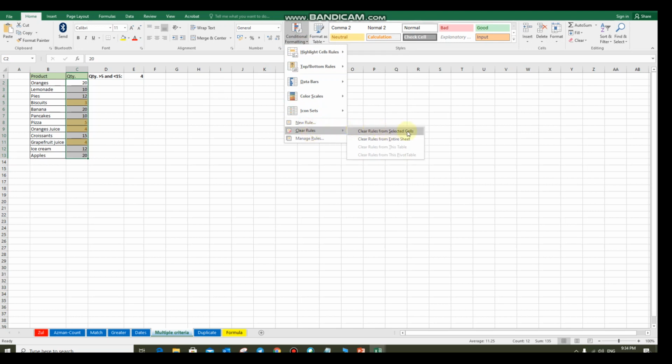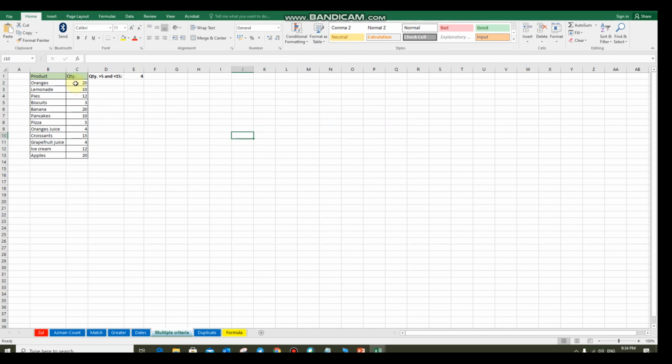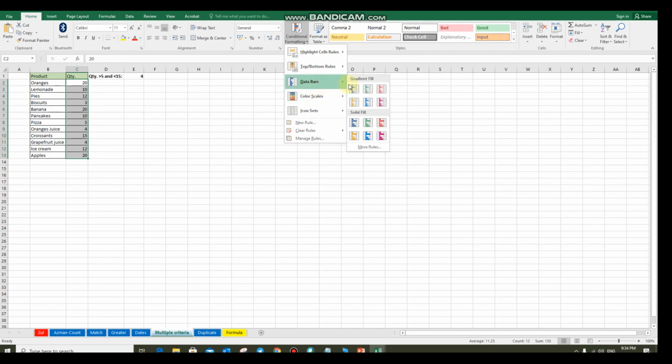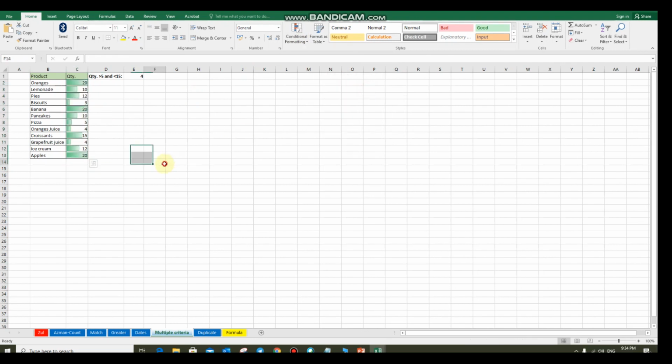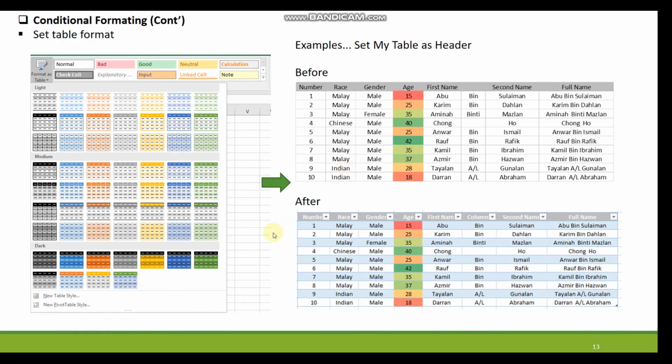Clear rules from the selected cells. Then we can use other formatting. We go to conditional formatting, and then we use data bars. So we will have data bars. Other than that, we can also